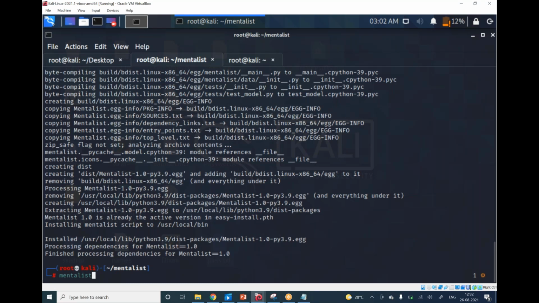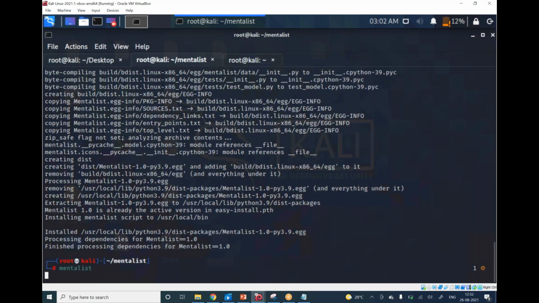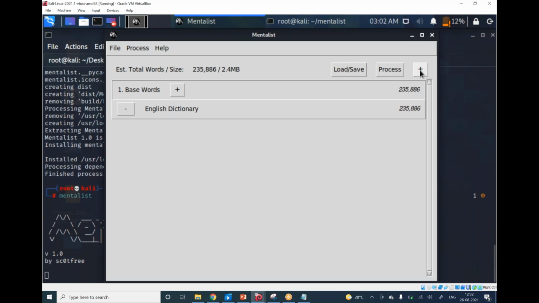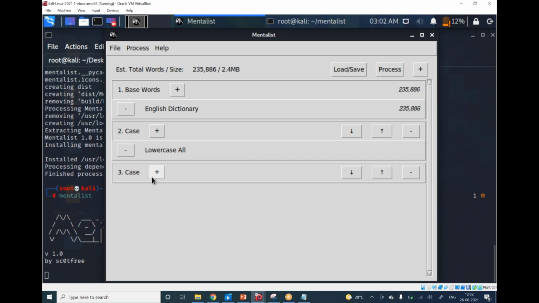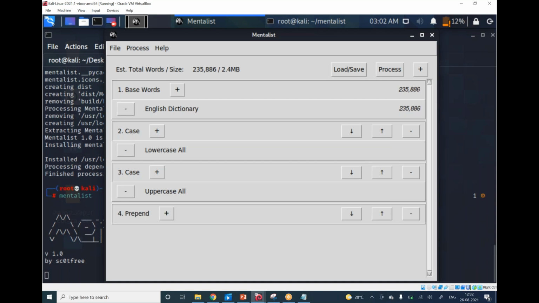So in the graphical interface, what you can do is there is something called plus over here. Click on plus, click on case, lowercase, uppercase, lowercase all. Again, click on plus, then go for uppercase. I think yesterday you were talking about lowercase, uppercase, and then I will go for before the names.